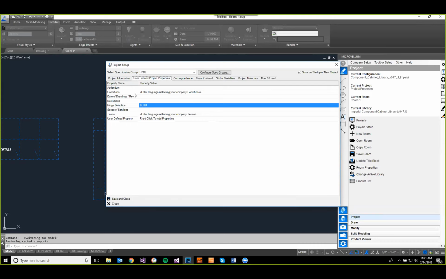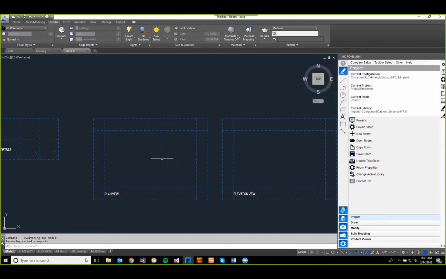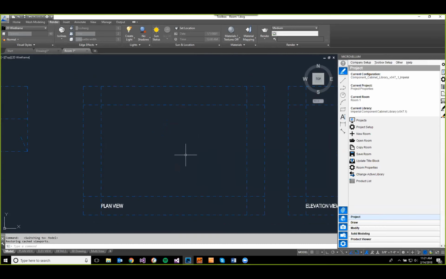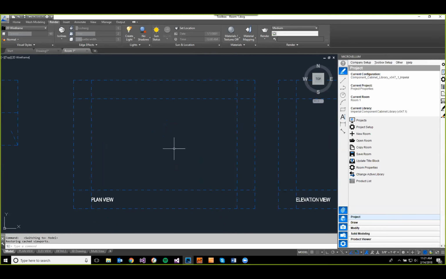But now we want to go ahead and put this information into our drawing. So we're going to do that through setting up a block. And to be honest, I was just fumbling through this a little bit. I don't set up blocks a whole lot in AutoCAD. If this is something you're going to be doing quite often, I definitely recommend going to the Autodesk help site and looking at how to create a block. They have a lot of tutorials you can go through step by step, but we'll just show you what I went through here to pull that information from our property